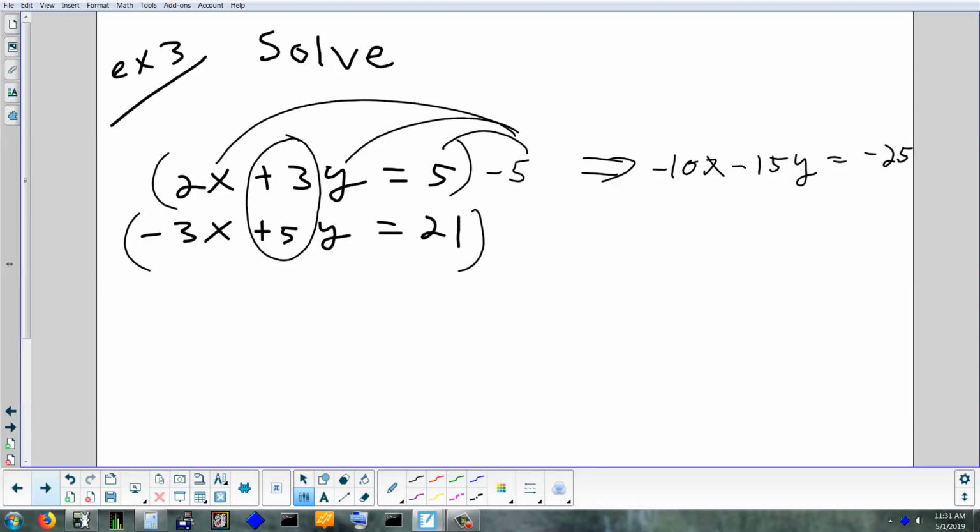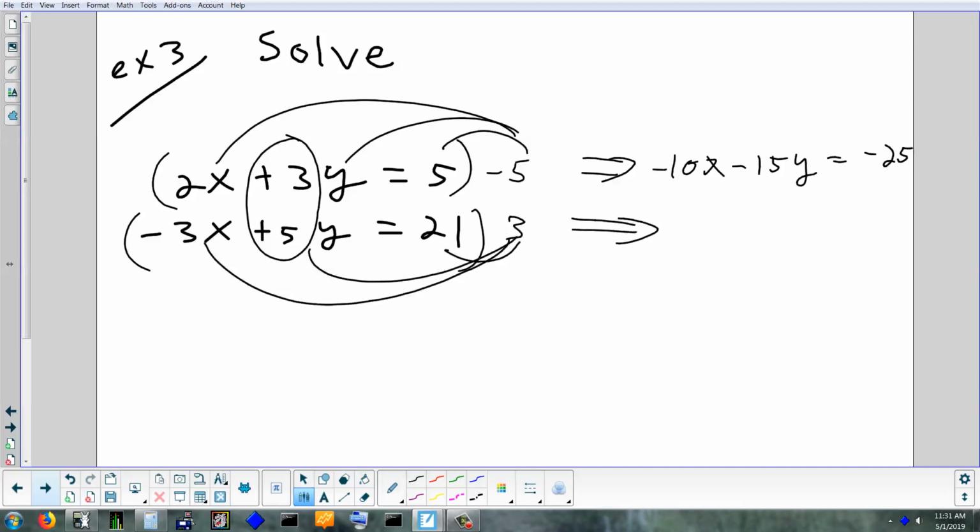Okay, now I said you had choices in the top equation. You don't have any more choices. What would you have to multiply the bottom by? You've got to multiply it by 3. Okay, when I multiply by 3,